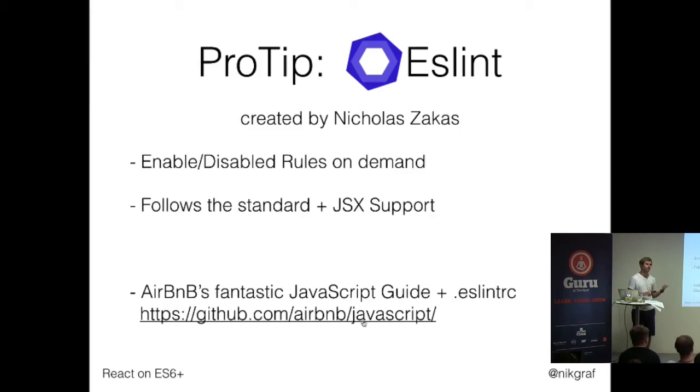It even comes with a pretty neat ESLint setup. So you can simply take the ESLint RC from their repository, put it into your repository, and you're pretty good. And in the ESLint repository, because Airbnb also uses React, they activated special JSX rules, and probably the nicest thing is that